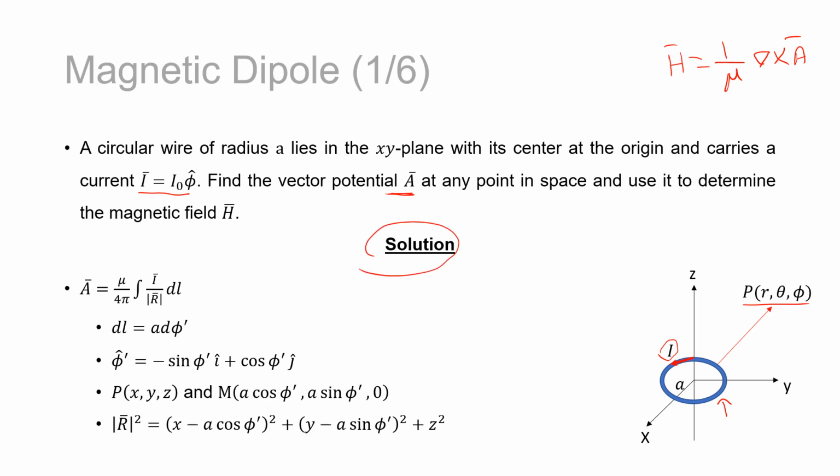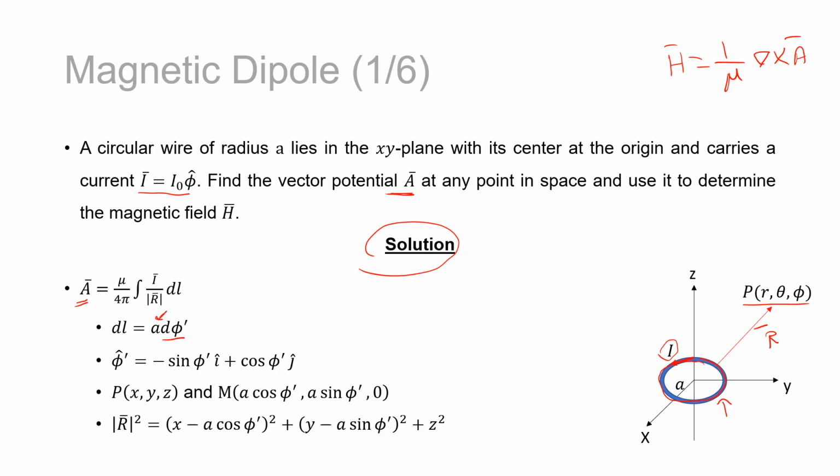Simply, we apply the law which we have derived in the previous videos: A equals mu over 4 pi, the integration of I over the magnitude R, dl. First, for dl, since we have the current looping in a circle, what is changing is phi. Then dl will simply be d phi, but of course don't forget to multiply by a, which is the